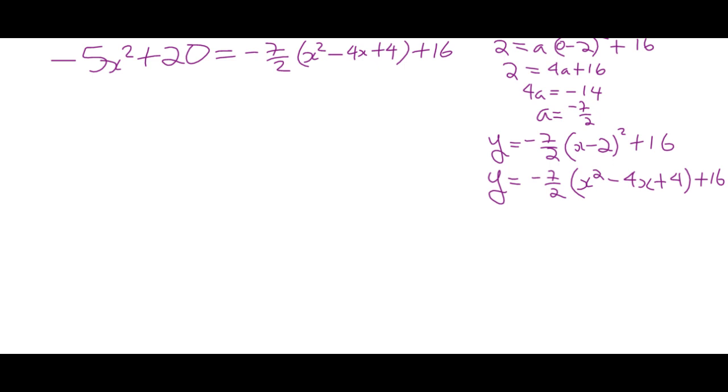This is called the method of comparison. It's really substitution, right? But actually it's a subcategory of substitution, so we call it comparison, right? If y is equal to this and y is equal to that, then we know that this and that must be the same thing, right? We can set them equal to each other. Okay, I am not going to handle a 2 in the denominator, so I'm going to multiply everything by 2, right? So this becomes negative 10x squared plus 40 is equal to negative 7 times